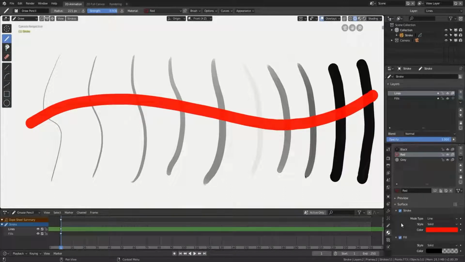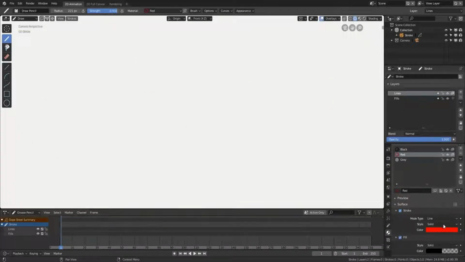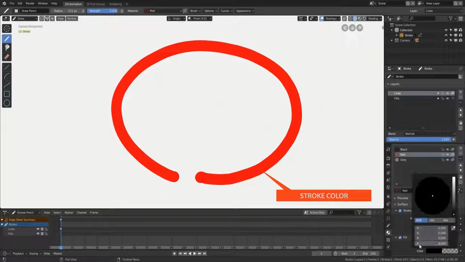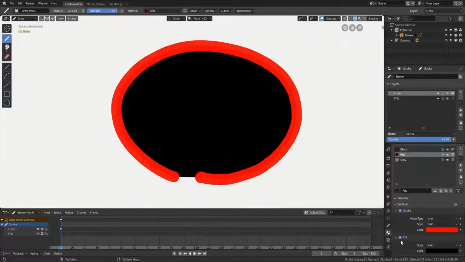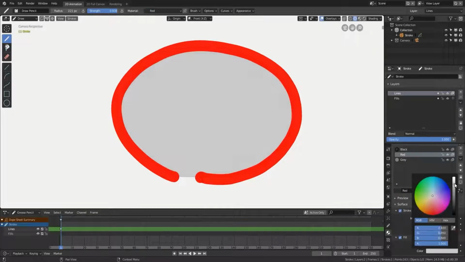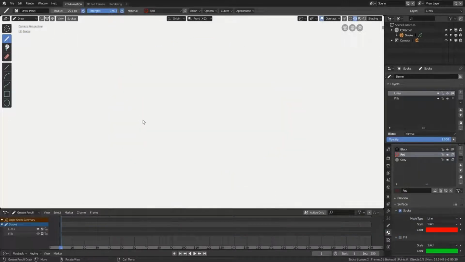There are two main properties in the special material for Grease Pencil: Stroke to set the line color, and Fill to set the color of the interior space enclosed by the strokes. You can use the checkboxes to choose which one will be used in a particular material. By default, Stroke and Fill use a solid color that you can change with the color wheel. Just with these main settings, you can play to obtain different kinds of lines and colors to use on your drawings.